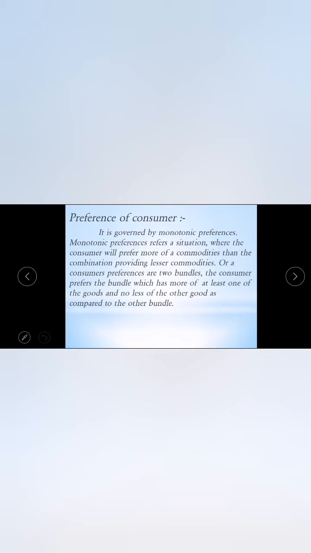That is, you prefer what to buy. For example, you go to a shop to purchase a soap. You see one side buy one get one free, and another side there is no offer for that soap. Which one do you go for? Obviously you go for buy one get one free, because you want one more good, not less than that good. That is called preference of consumer, what you are preferring to purchase.